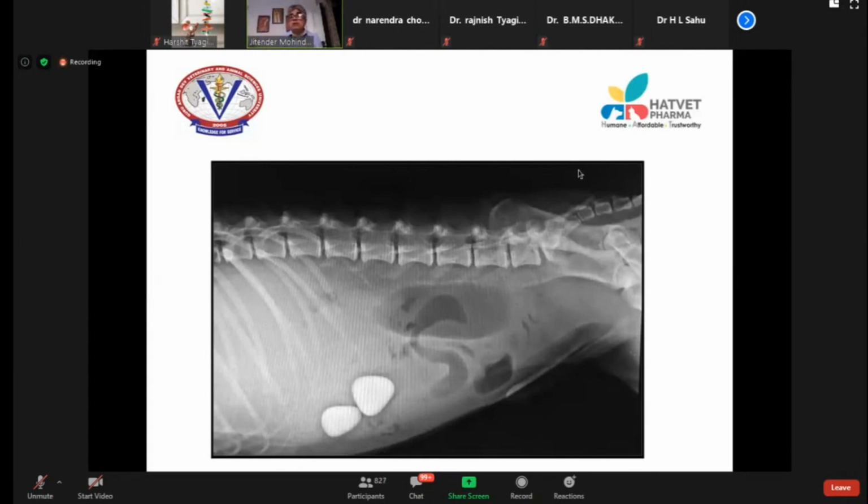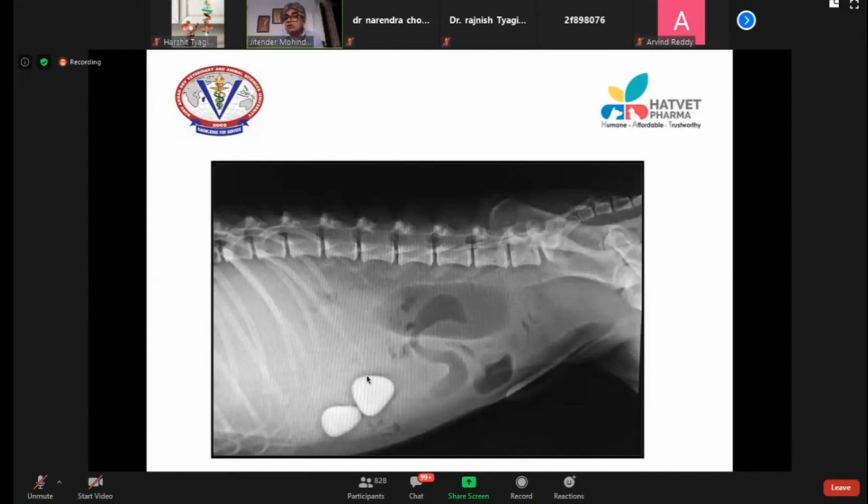Now this is a beautiful radiograph again. Now there is fat here in the bottom. There are mineral opacities or metal opacities in the GIT. And if you see, the serosal detail here is poor. I can't see the organs. I can't outline the bladder. I don't think anybody can outline the bladder. I can see a few loops of intestine. I can't see or outline the kidney. I can't outline the stomach also. Even I can't outline the intestine.